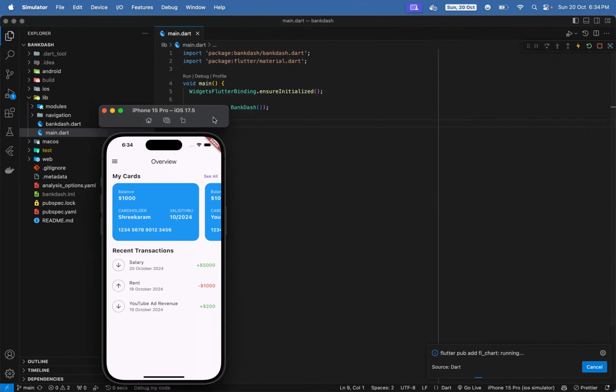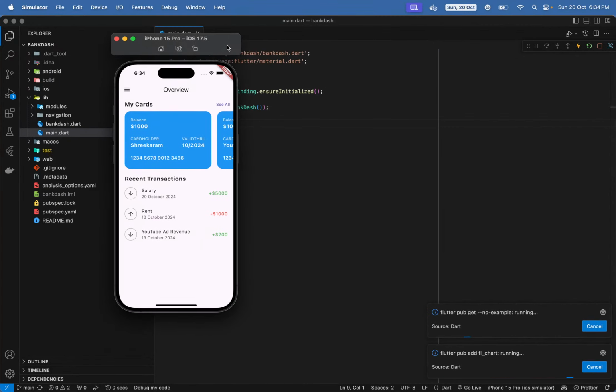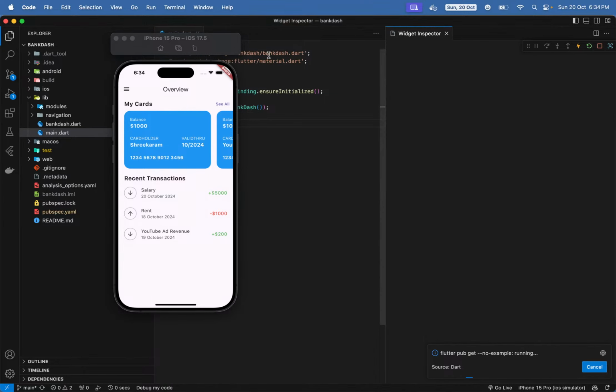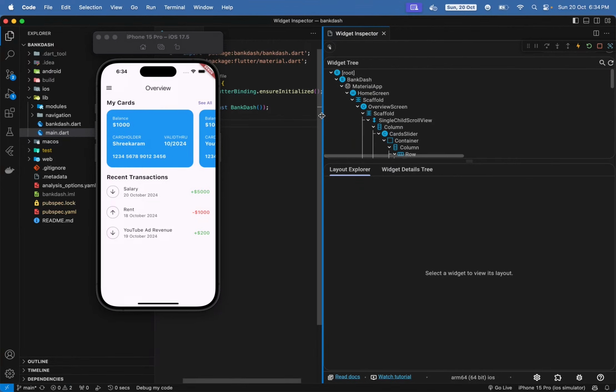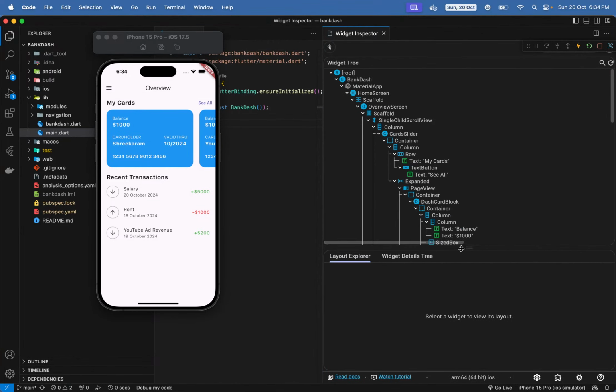add it. And I have not shown you the Flutter developer tools, right? So we can click this to open the widget inspector, and you can see